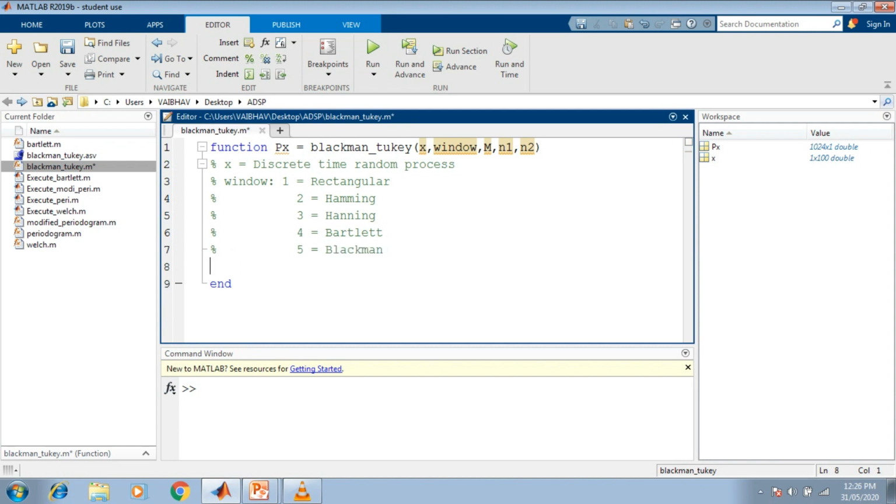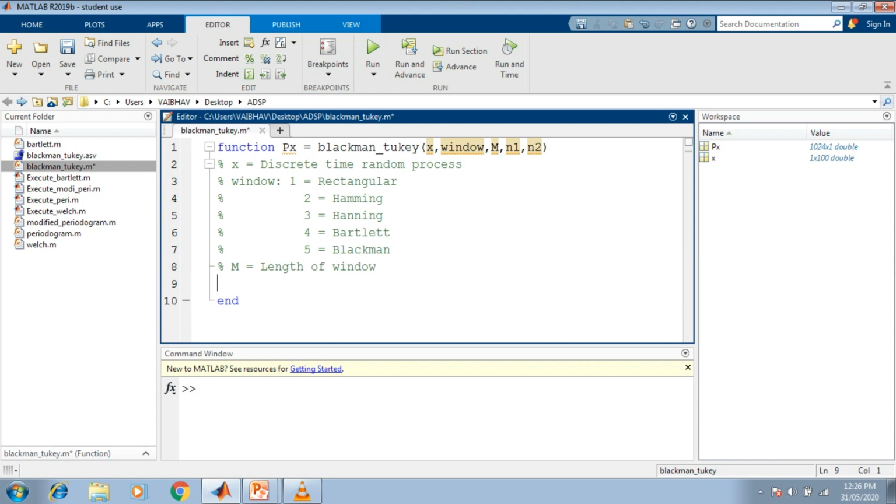Now along with these variables we have capital M. The capital M is nothing but the length of the window here, length of window as we have discussed. And next to that we know n1 and n2 here. These are nothing but the starting index and the ending index, so there is no need for a separate mention over there.